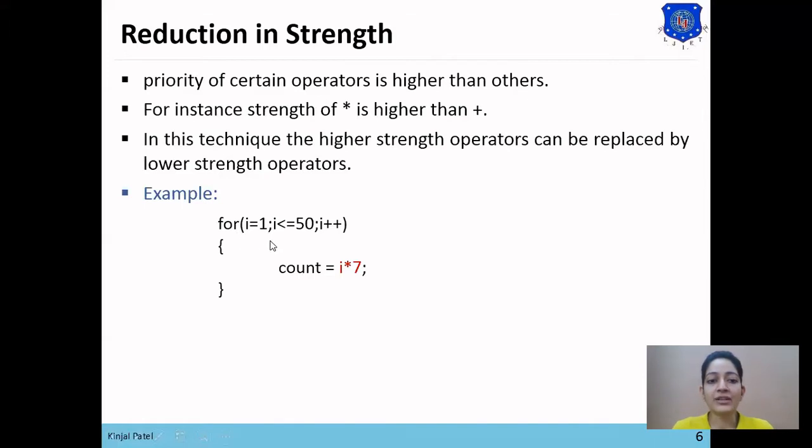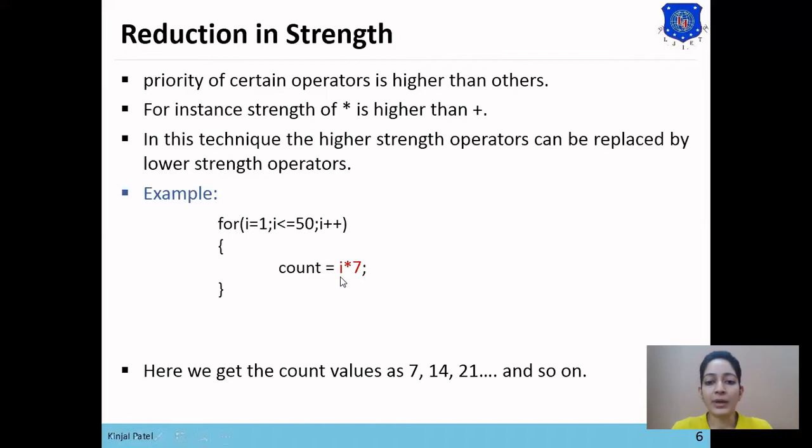And for i = 3, 3 multiplied by 7, so count will be 21. So we get the count values as 7, 14, 21 and so on. If we can get the same result with the plus operator, then we will use plus instead of star.